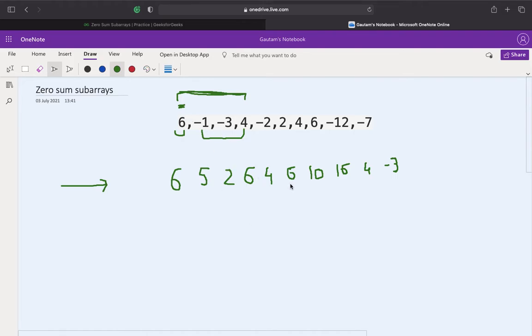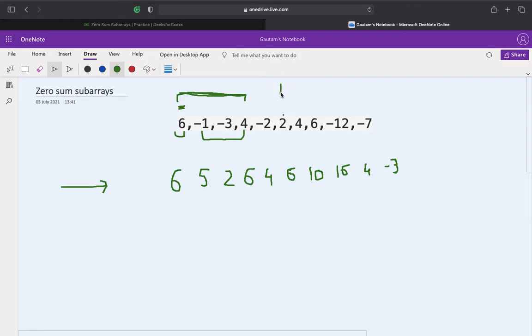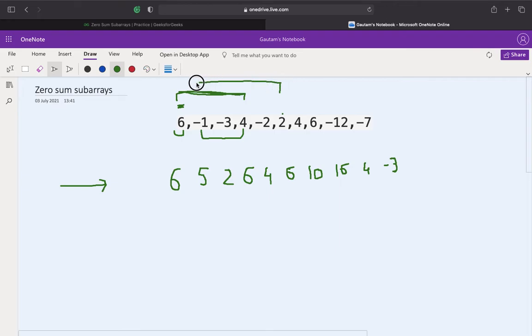Okay, so let's take a look at another. There's another 6 over here, right? Let's check the index positions: 0 1 2 3 4 5. So this 6 means the sum of elements from this index to 0 is 6, and this is also 6, as we found earlier.